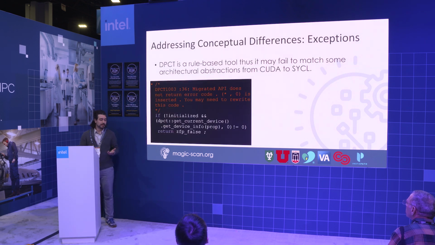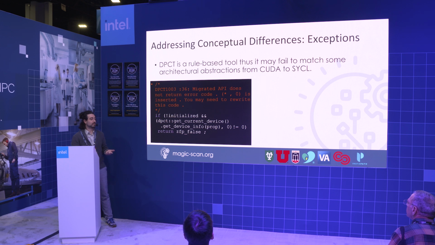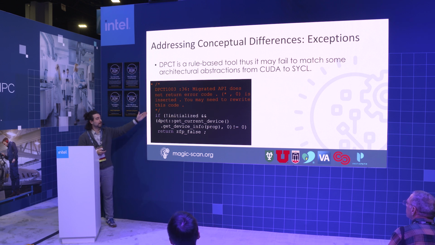Well, the DPCT tool is a rule-based converter or translator, so it's going to ask you to sometimes convert some of the lines or fix some of the translations manually. As present here, it's going to warn you with a comment within the translated code. In this case, there is a mismatch between the concepts of error handling between CUDA and SYCL, and it has a no